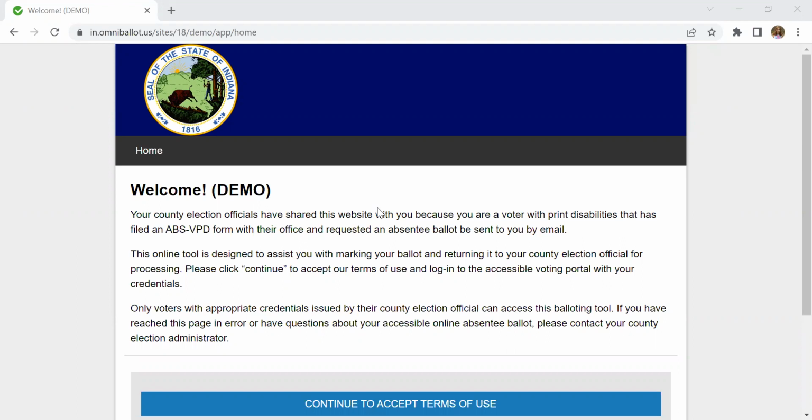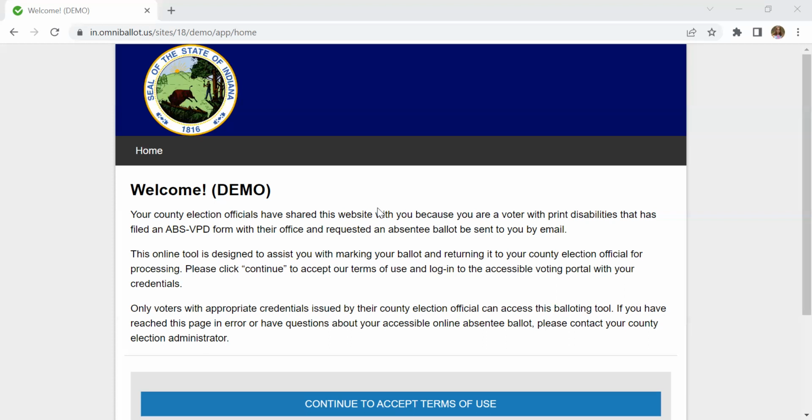Today, I'll be walking you through a demo version of the Indiana Omni ballot. I will be using JAWS for Windows as well as Google Chrome, but I think it's important to note that this software has been tested with over 90 combinations of different screen readers and browsers. So you can use whatever assistive technology and devices make you feel most comfortable. So for example, for screen readers, that might mean Narrator or NVDA, VoiceOver, and for browsers, it could mean Google Chrome, Safari, Edge, again, whatever your preference.